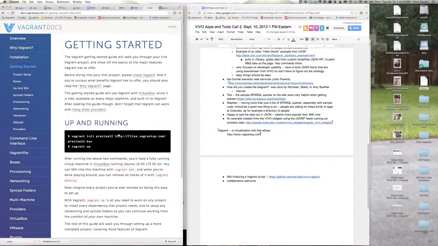So what Vagrant allows you to do is use what's called a box file. In the example on the screen here, they're using an Ubuntu box, and it allows you to pull that box file down using the Vagrant software. If you're familiar with VirtualBox or VMware at all, it's really like a VMDK or a VirtualBox box file.